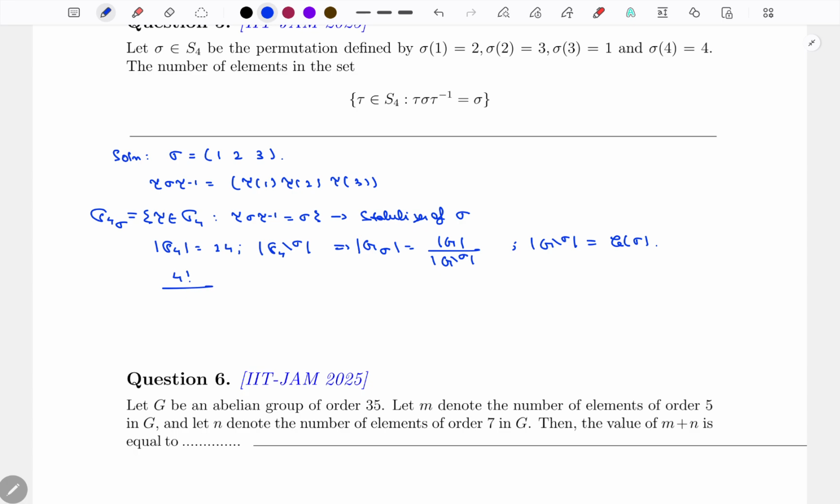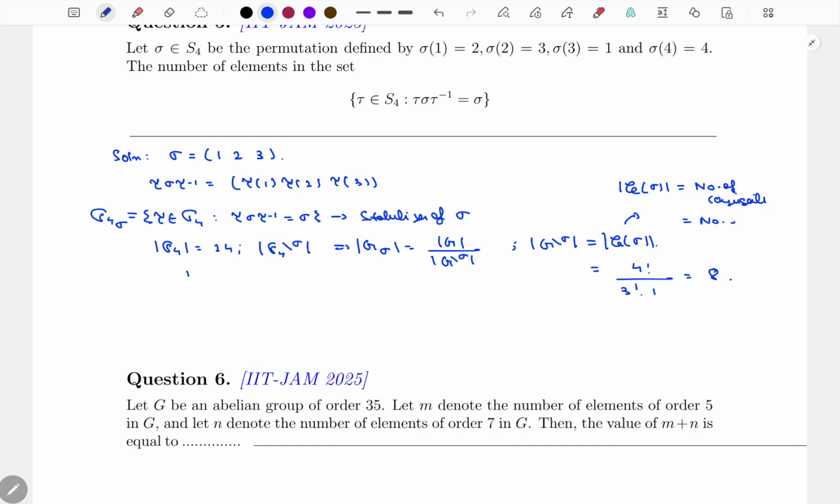So the cardinality of this should be 4 factorial upon 3 to the power 1 into 1, which is what should it be? 8. It should be 8, right? Because we had proved in one of the previous lectures that the cardinality of the conjugacy class of an element is exactly equal to the number of conjugates,